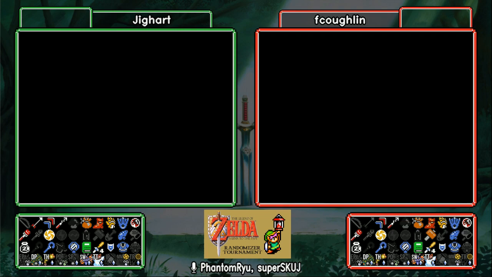So Jighart could be on his way to a significant advantage at this point. Well, I take that back. I forgot. Fred has the hammer. Jighart does not. Yeah, that hammer's going to make a big difference. Jighart could find other important items here. He could find the Cane of Somaria or the bow, something like that. He'll probably pick up his mushroom while he's up here, which was on the Death Mountain floating island. We are doing our best to